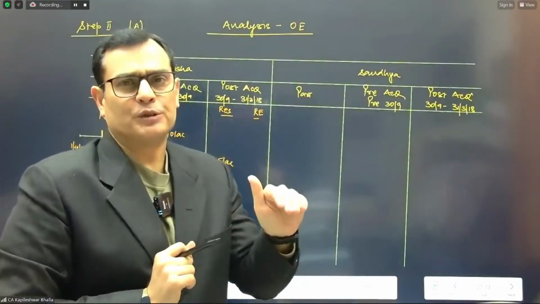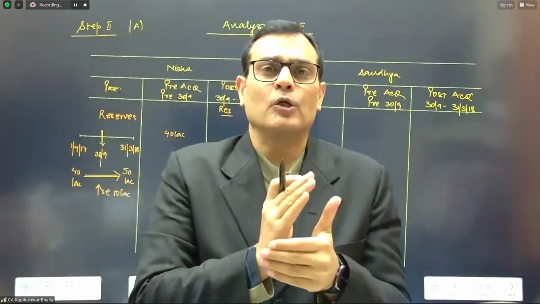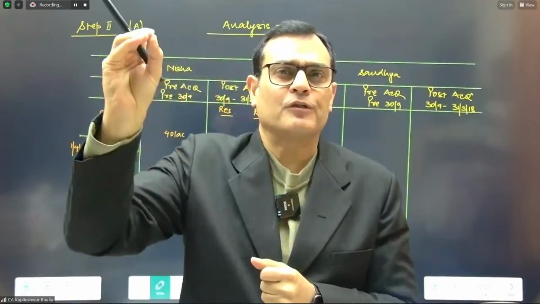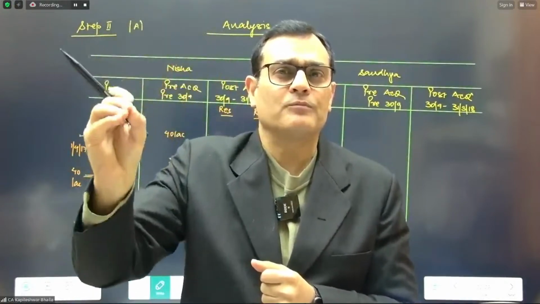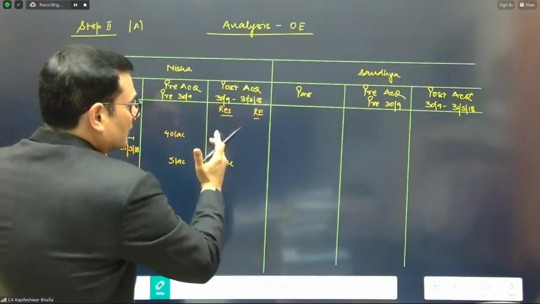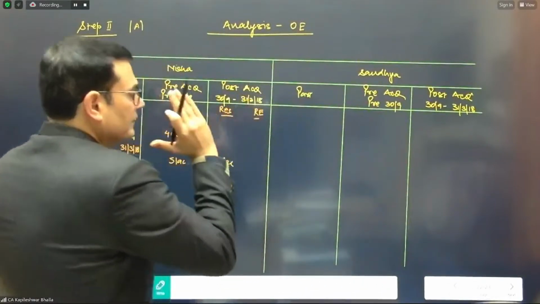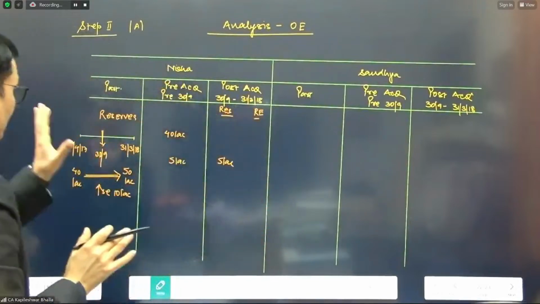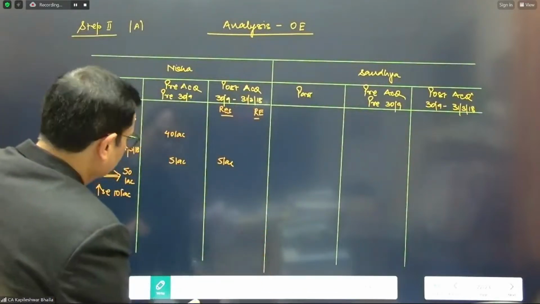Do this in every question. When you're looking at the post-acquisition column, as many items of other equity, as many columns you should split, so that I can later add the reserves to the reserve and I can add the retained earnings to the retained earnings. That is one exercise. So I think reserves is taken care of.